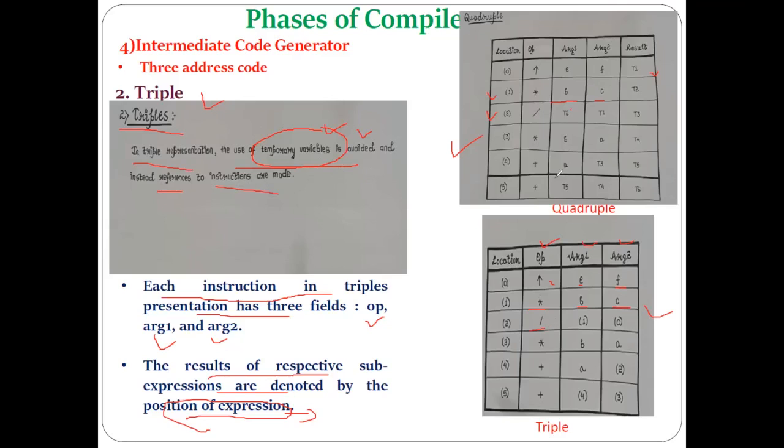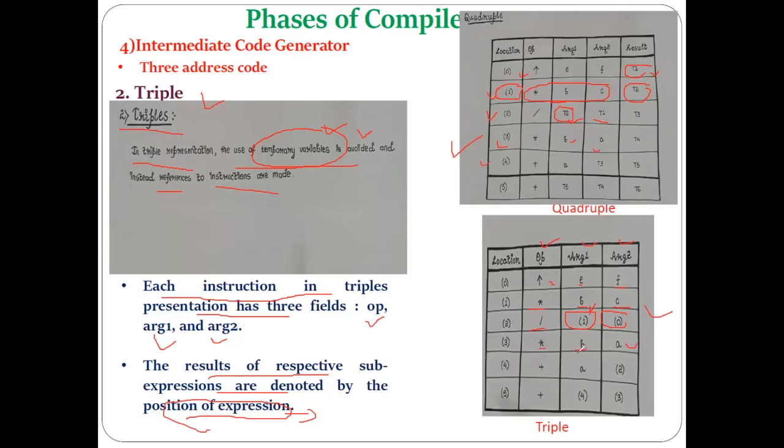So how do we do that? Instead of writing T2 in the triple, we write the position as a reference number. Where is T2? Here. T2 contains the result of B into C. Instead of writing T2 there, we write its position number, so that is the reason we write 1 here. Instead of T1, we write its position number; here is T1, and its position number is 0, so that is the reason we write 0. Then for the next, multiplication operator, B as argument 1 and A as argument 2.